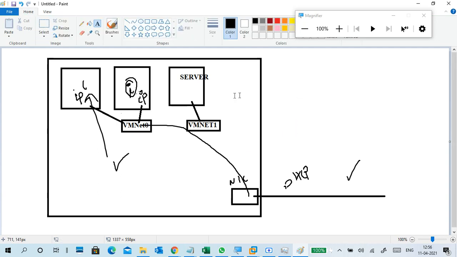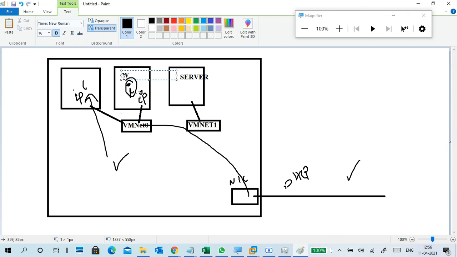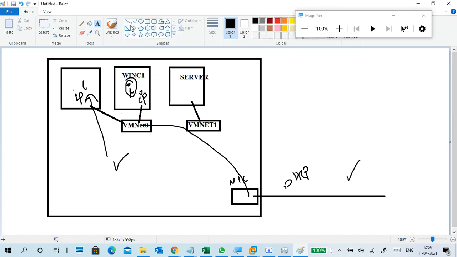What is that problem? If the server is connected to VMnet 1 and our client, WinC1, is connected to VMnet 0, they won't communicate with each other, because they are separate connections. So what do we have to do?